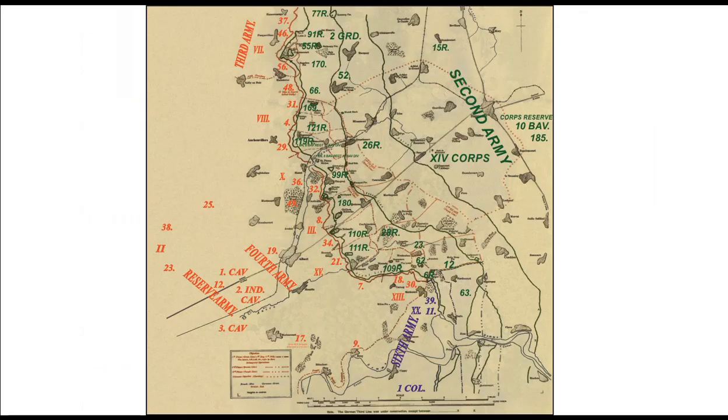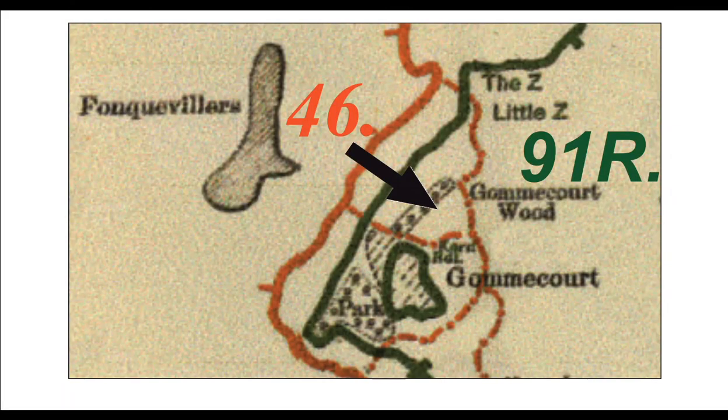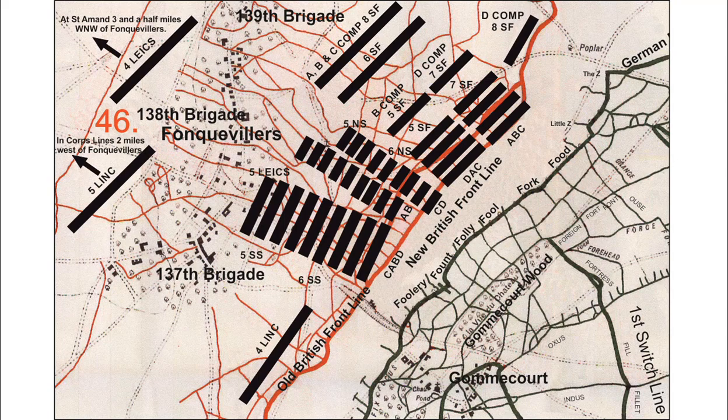In the area of 3rd Army, 7th Corps would have 46th Division attacking north of Gommecourt. 137th Brigade would advance on the right with 1st of the 6th South Staffordshire Regiment on the right and 1st of the 6th North Staffordshire Regiment on the left. They would set up a defensive position to the south along the Flume-de-Villes to Gommecourt Road, along Oxford's Trench and